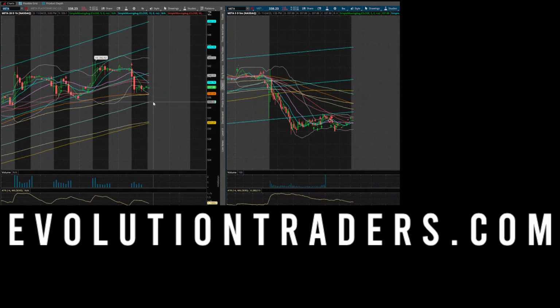I'm not too concerned or interested in Meta until probably we start to lose 335. Any close below that on a 1 hour candlestick on Meta is going to be something that I'm going to be in on, right? I'm going to definitely be in on that 335, and I've got room down to 331. So kind of just set an alert, mark Meta for a break of 335 to the upside. It's got a lot of work to do. I need to see it at least close over 341 and start to at least challenge this 342 here before we get some upside.